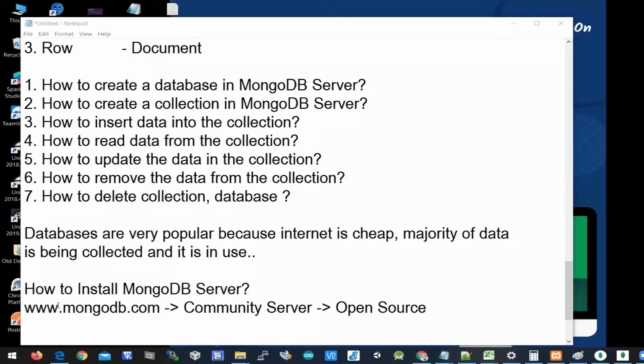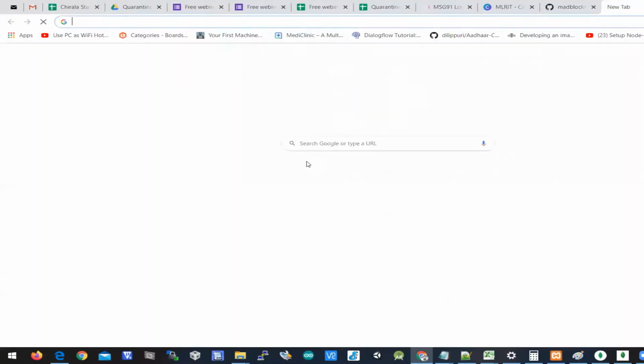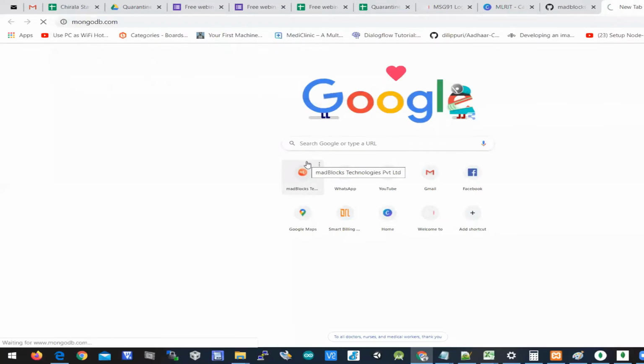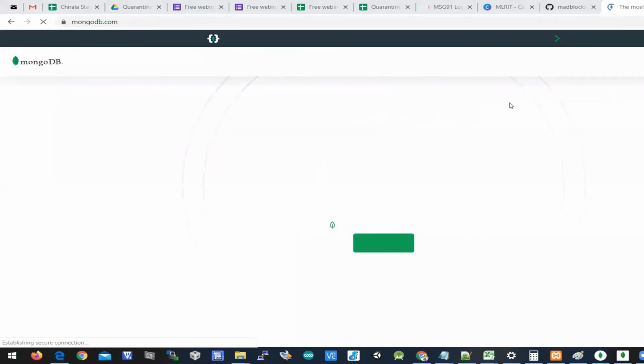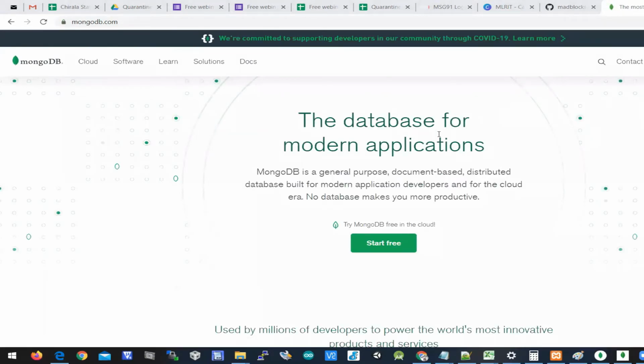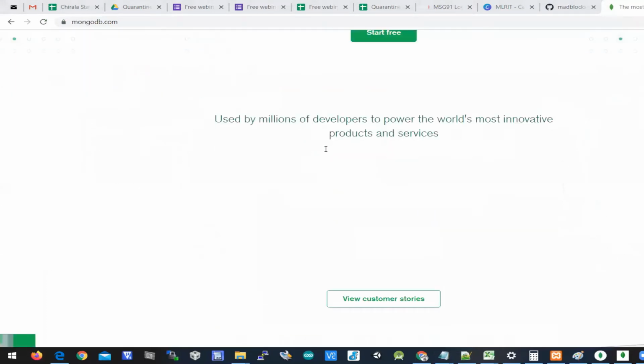So let's go to this website, mongodb.com. mongodb.com is the official website of the MongoDB server.